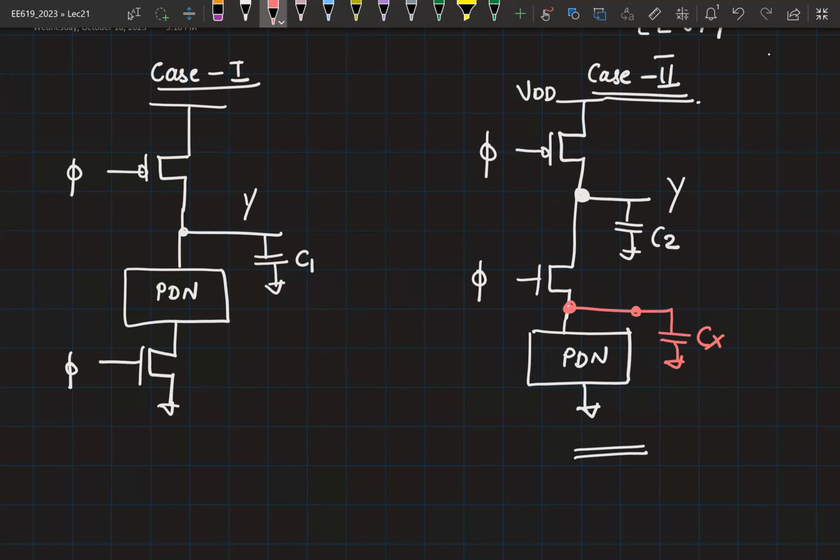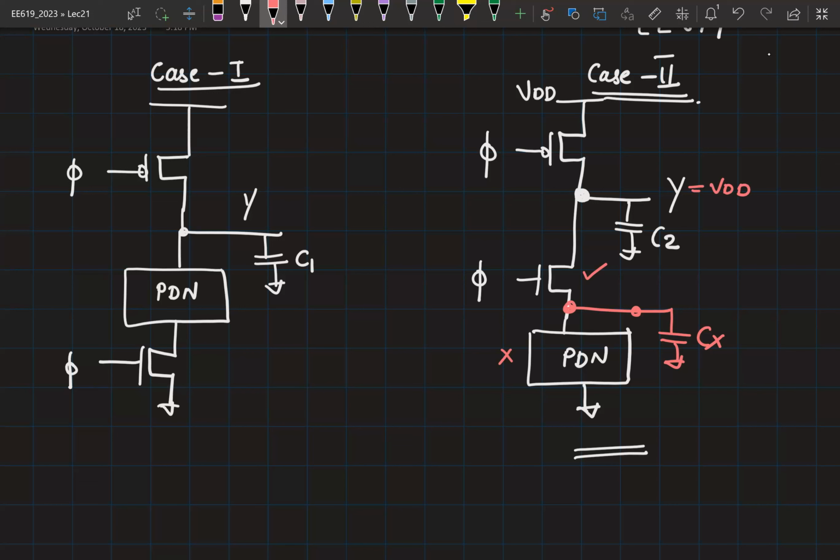And then the evaluate phase begins. And let's assume that in the evaluate phase, PDN is off. So PDN is off, but because you are in the evaluate phase, this transistor is on. Now, since PDN is off, you would ideally expect C2 to be floating, wherein Y remains at VDD because